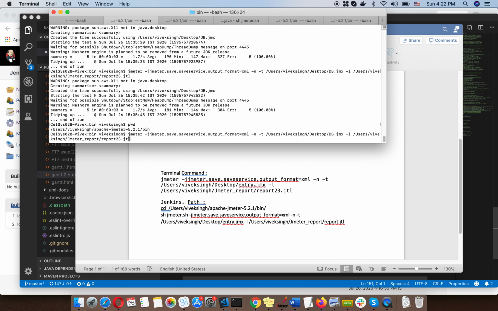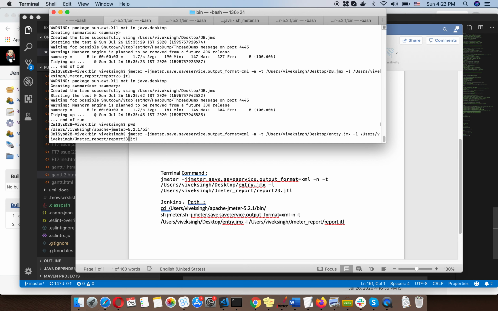One thing I have to change. I am using entry.jmx. In my case I have saved one file, entry.jmx, on my desktop. You can use the JMX which you have created for your particular projects. So I'm using this, and I'm just executing it.